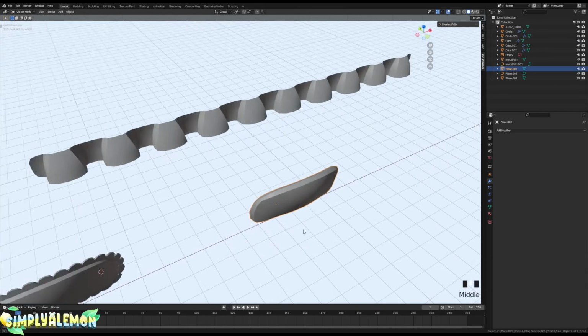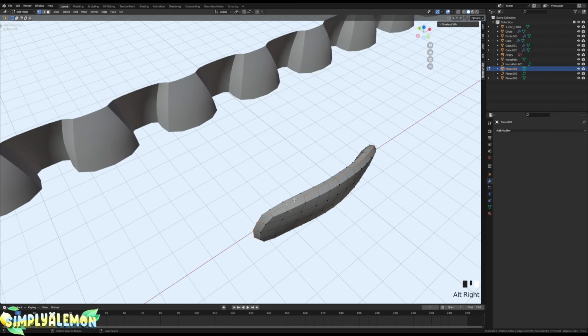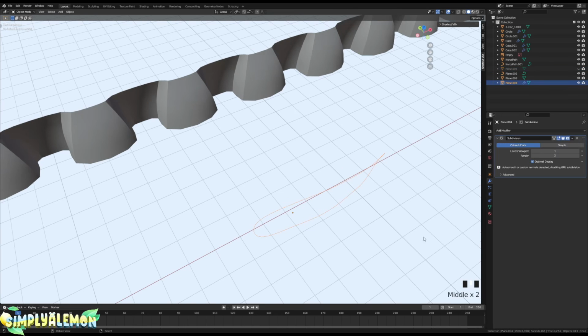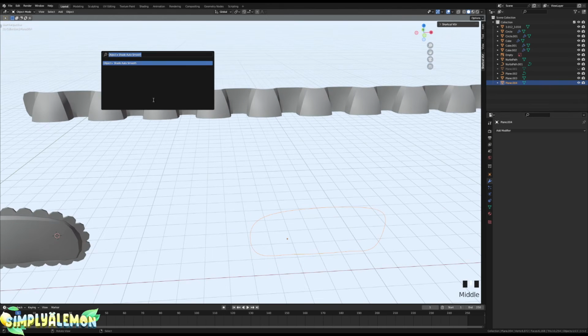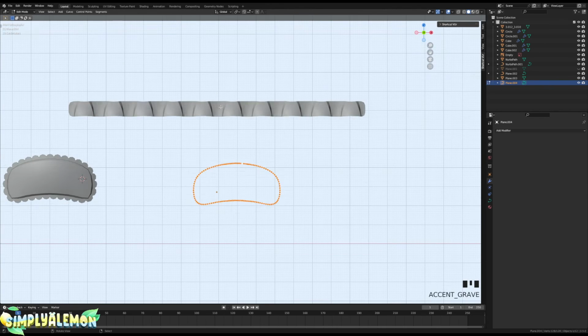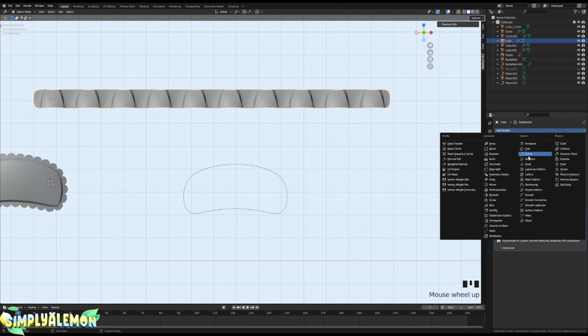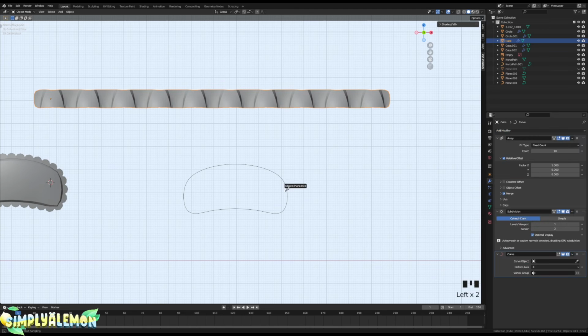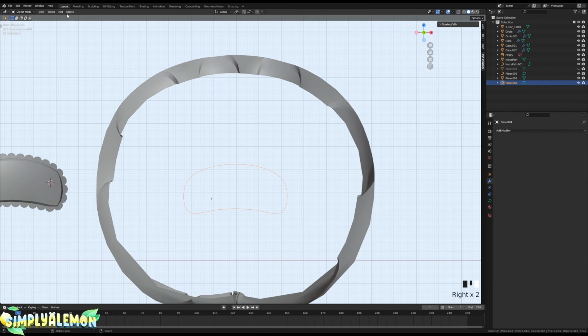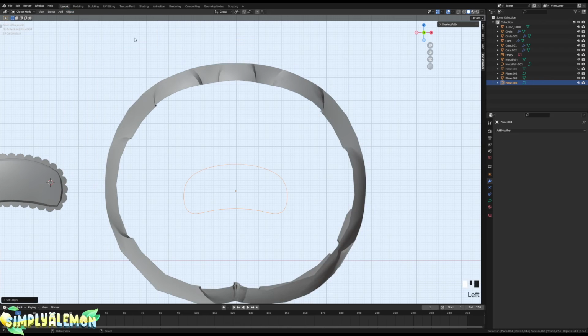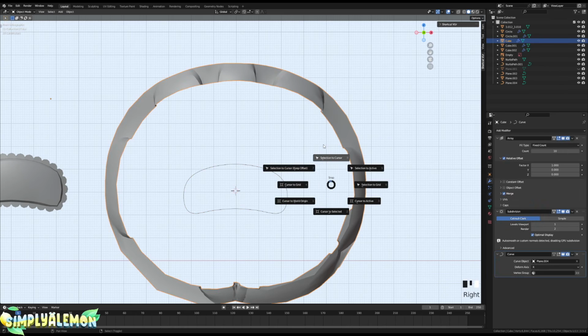Alright, so we are going to be doing the same process here. So selecting the edge loop here, Shift D, click, separate by selection by pressing P on your keyboard, hiding this, adding in a subdivision surface modifier, adding like 2 or 3 here, applying, converting this to a curve. Once this is done, you will now add your curve modifier here, select the eyedropper. Now we will fix the origin, so object, set origin, origin to geometry, Shift S, cursor to selected, Shift S,